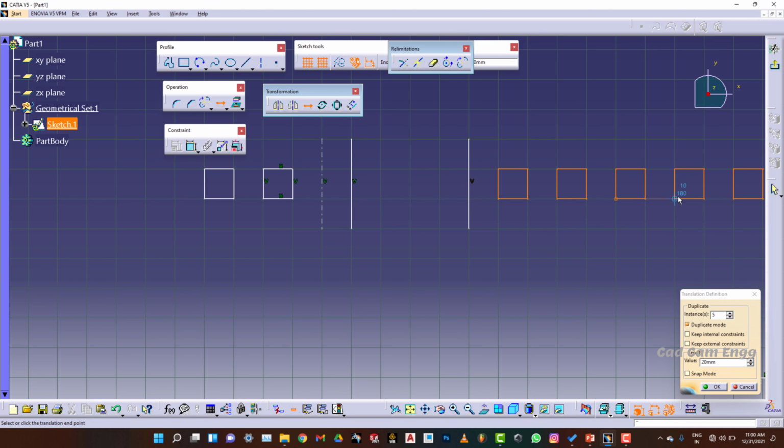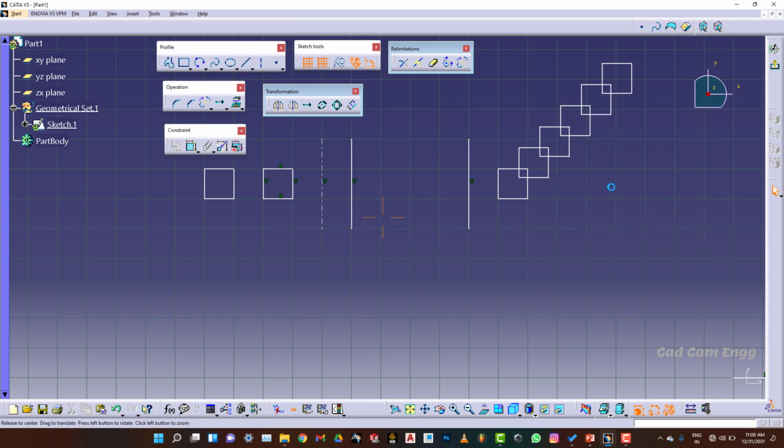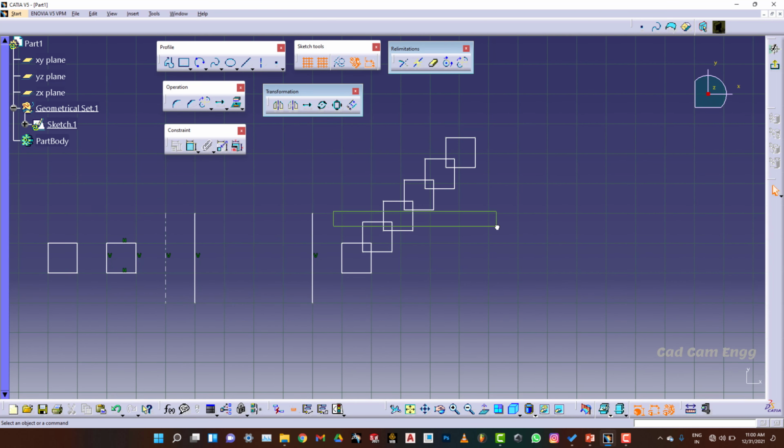The length value we will check, or else here you can give values. I am going to give 10. So with 10 mm all 5 objects will come, and the angle I can maintain with respect to my requirement. Okay, like this you can draw.